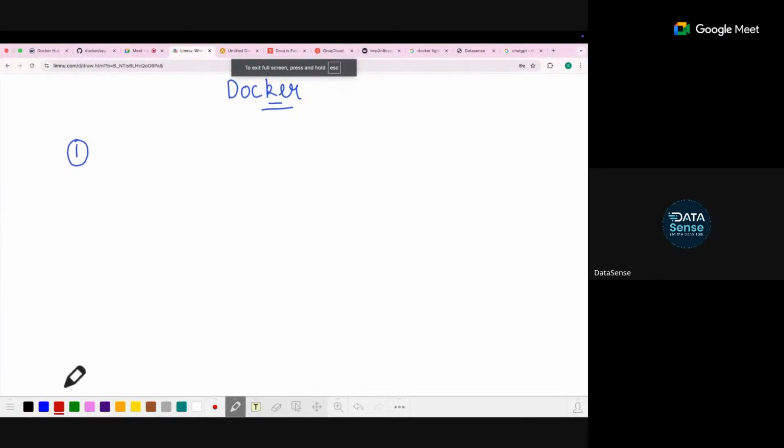Can you guys tell me what all things are required to run this application? The first thing required is an OS, whether it is Windows, or let's say you're using Ubuntu, Linux, Mac, or whatever operating system you're using. You need an operating system. If I don't have an operating system, how will I run it?